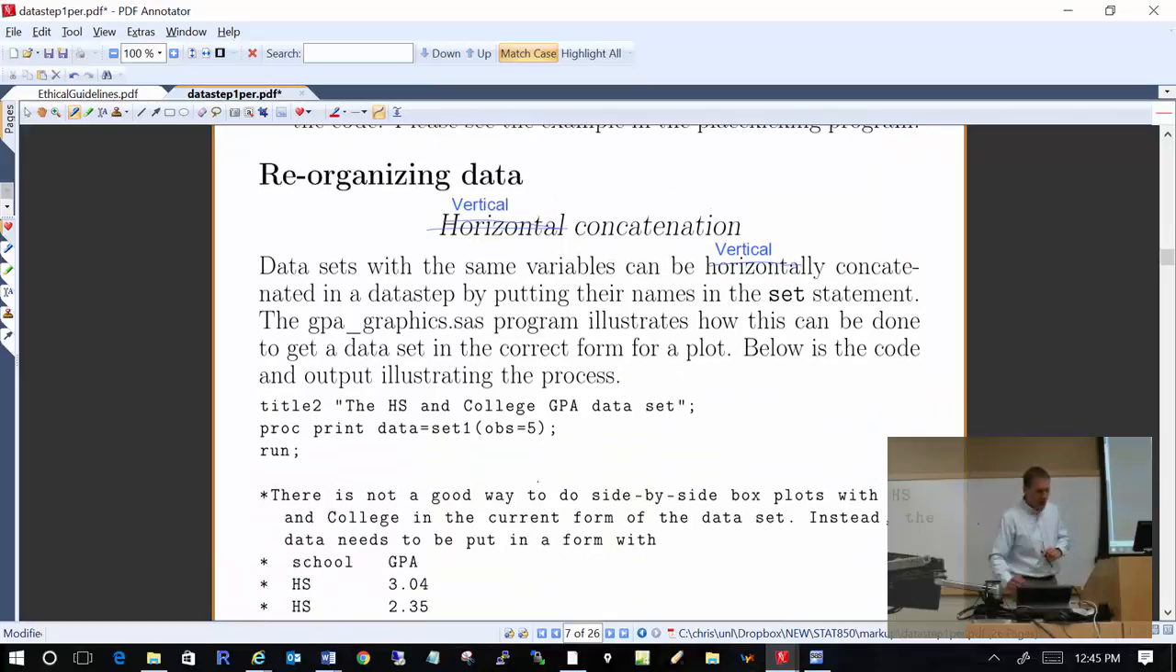Okay, let's move on to page 7. Reorganizing data. Note they changed the horizontals to verticals. Not sure what happened there. Anyway, so